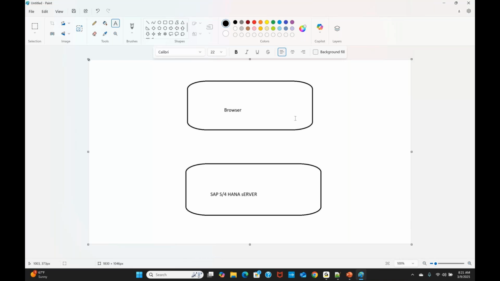We call this the client and this the server, as for a HANA system, on-premises system mode. Now I have an application with a field called email, and I want to check whether the email is correct or not.